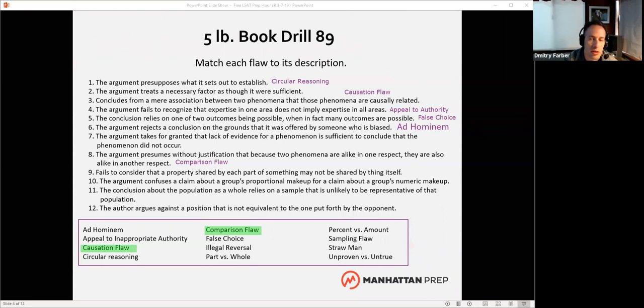If you don't know your conditional logic, if you don't know your illegal reversals, don't take the LSAT yet, really, right? That's one of the central things to this test. So if you're new to the LSAT, you're going to see a ton of this stuff. And the idea is basically when I say something like, hey,